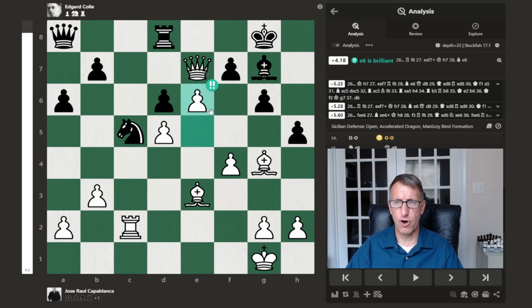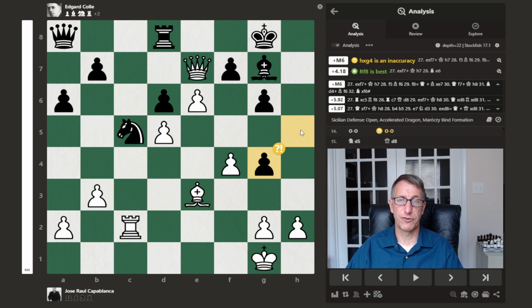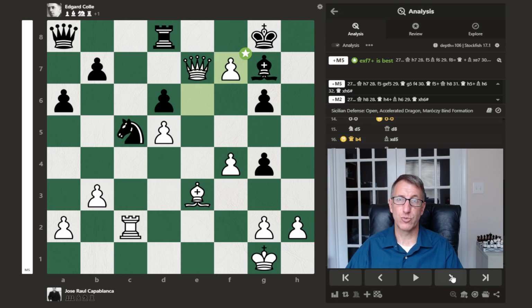He pushes the pawn forward, and computer basically says king to h7 would be best here. Instead, Kali falls for the bait here, going after the bishop, which is an inaccuracy. And they're also saying rook to f8 would have been better, just helping to guard in case pawn captures pawn. The rook could capture. So after capture with check,